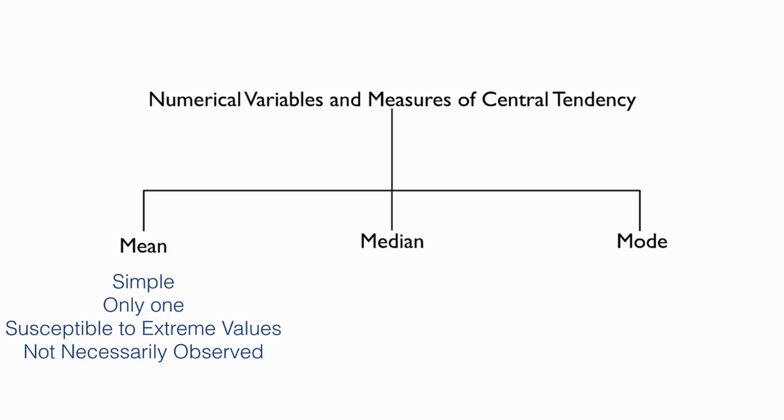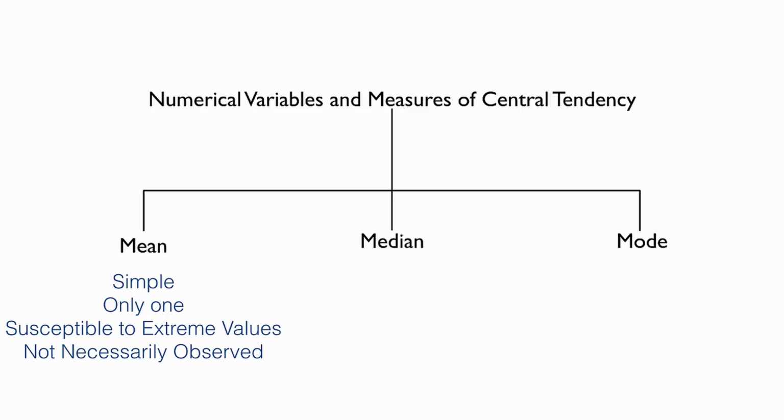However, there is also a potentially problematic characteristic of the mean. It's susceptible to extreme values in our data. In other words, a couple of people with very atypical values for the characteristic you're interested in can drastically alter the value of the mean, and your estimate for the typical person in your population of interest along with it. And finally, it's very possible to calculate a mean value that is not actually observed anywhere in your data. For instance, the mean weight for our class could be 133 pounds,